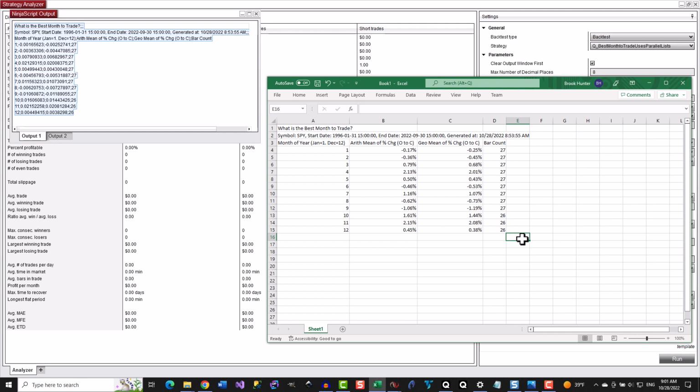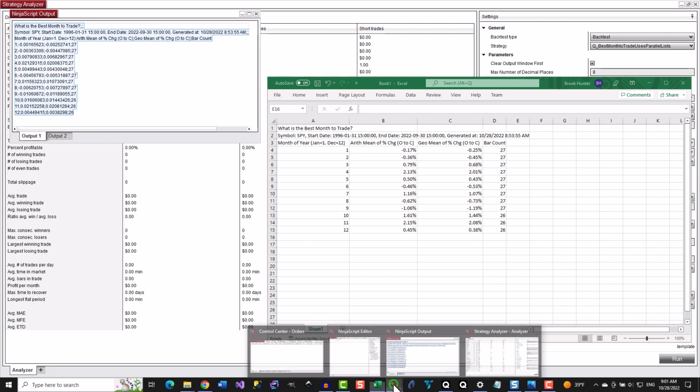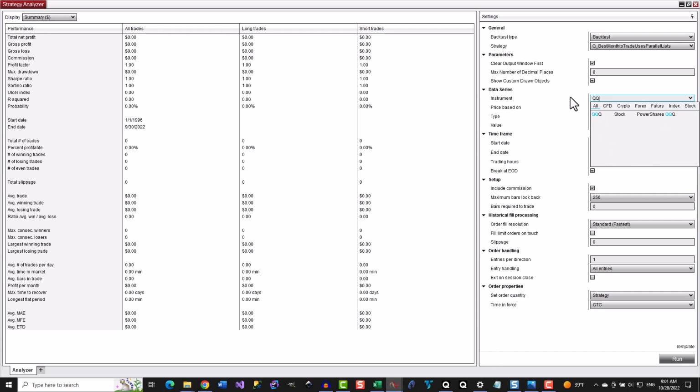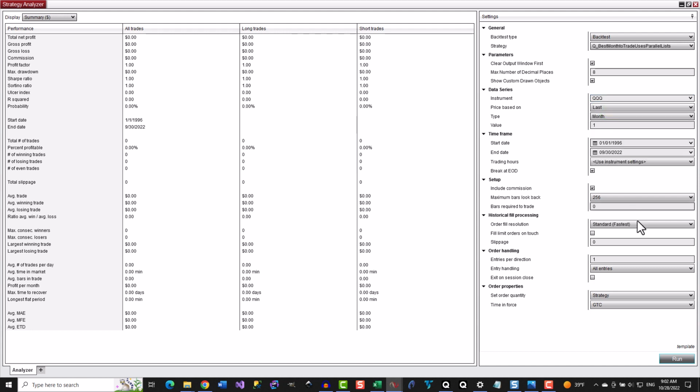Now that you've formatted the Excel worksheet, you can run this report for other instruments and date ranges even faster. Let's run this report for QQQ to see how much faster it is to run this report on a second symbol. In the Strategy Analyzer, change the symbol to QQQ, click Run, wait a few seconds,